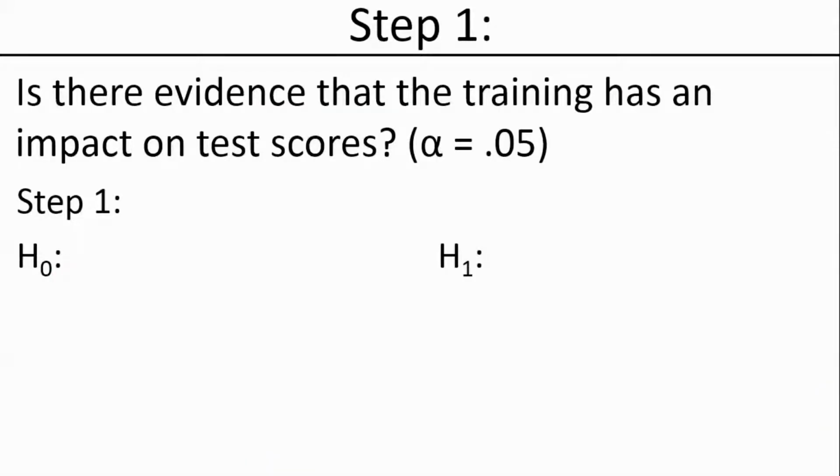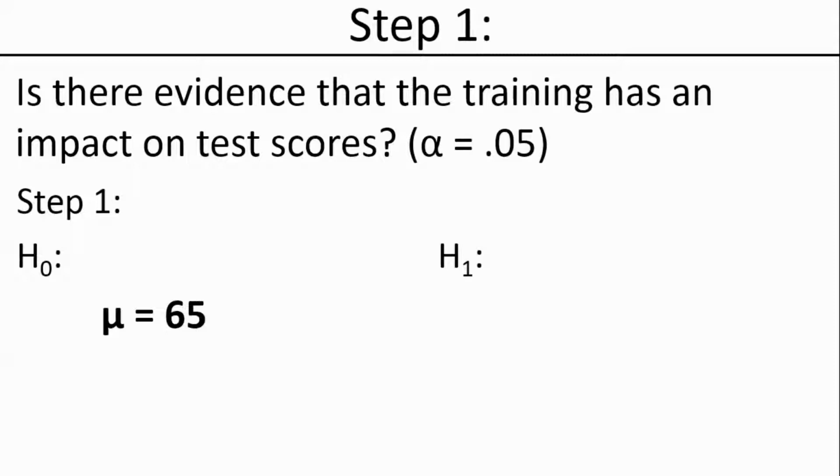So here, let's review the question again. The question is, is there evidence that the training has an impact on test scores? It's an alpha level of 0.05. So we've decided to set our alpha level at 0.05 here. So for our null hypothesis,